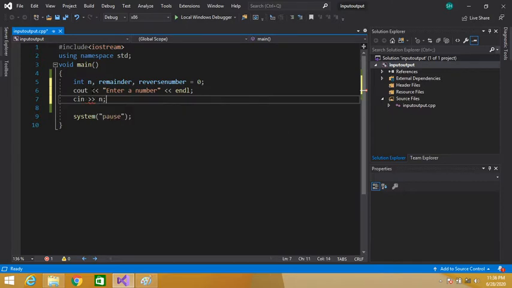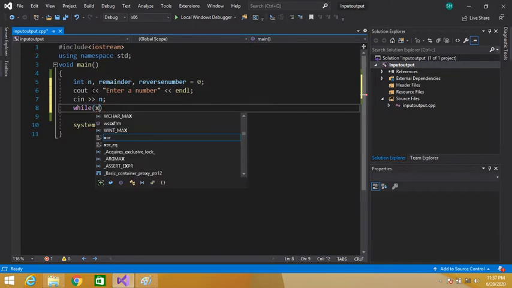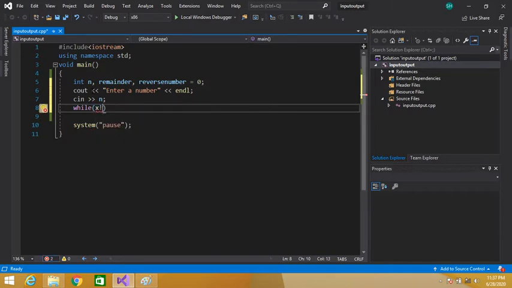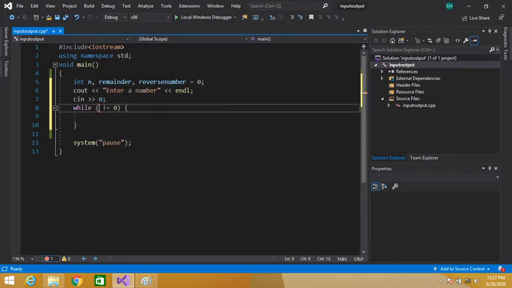We have declared the n variable. Now while x not equal to 0, do this. Not x, we have declared n here. Sorry, we have to use n.